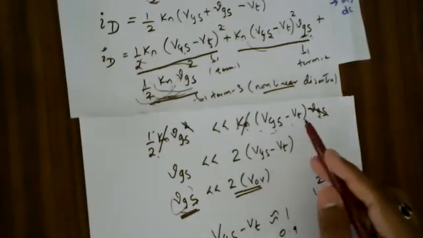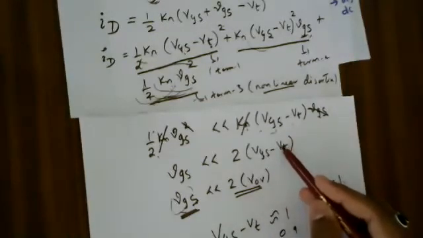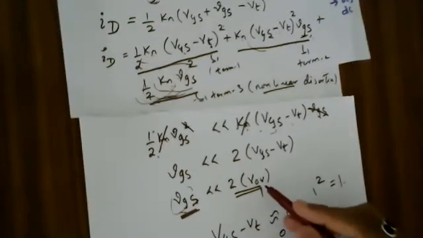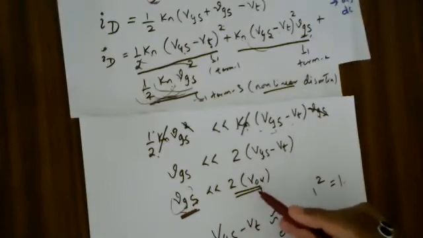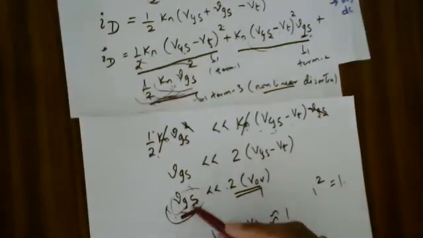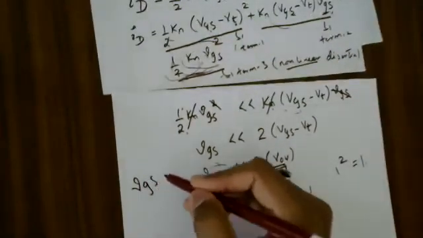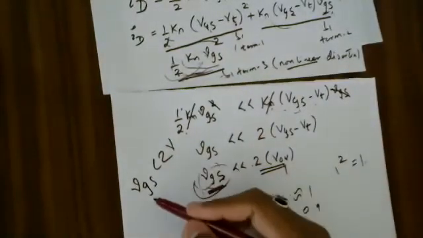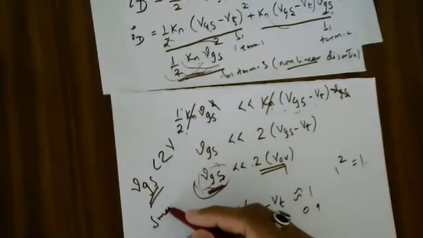Now, if it is so, then it means my VGS minus VT, which is nothing but VOV, can at max take a value of 1. So if at all it takes a maximum value of 1, it means my VGS, my AC signal, has to be less than 2 volts. That's all. It's how you people need to understand this concept in depth. My VGS should be less than 2 volts. So if my VGS is less than 2 volts, it means my input VGS is a small signal. I hope you're able to understand this.